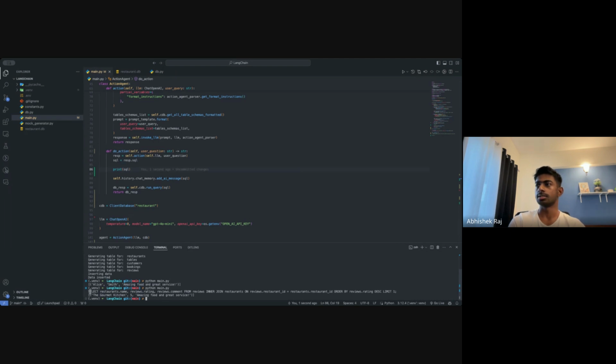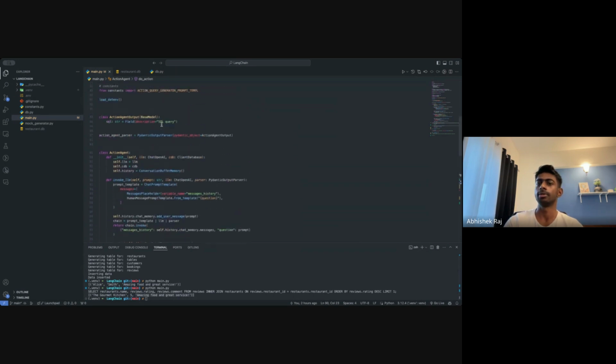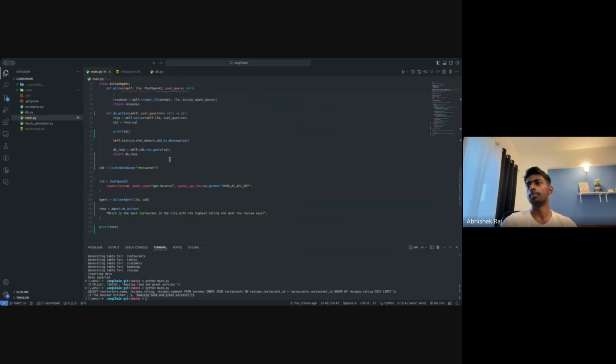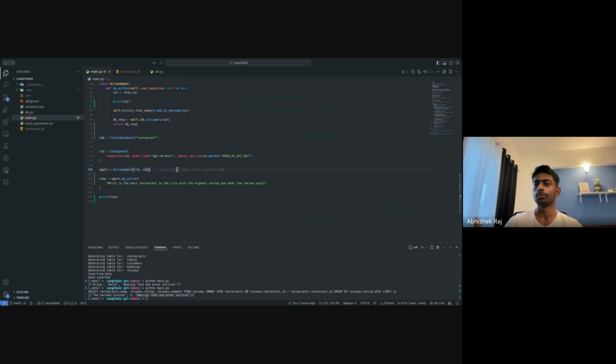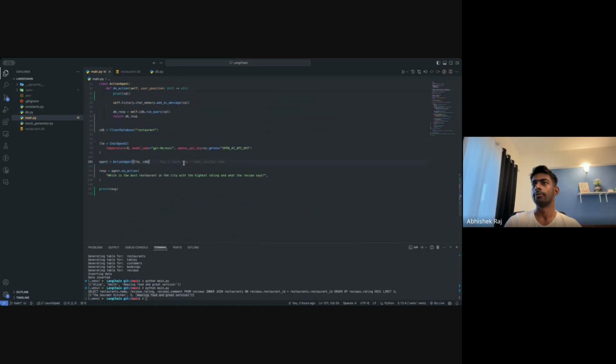Okay, so you can see this SQL query which is generated by the LLM. I think this is the restaurant name, the Gourmet Kitchen. The rating is 5, and I think this was given by Ellis Smith. So let's get into the code. I will not be live coding. I have written the code already and I'm just showing how it works, because it takes a lot of time googling to write the code and everything. So let's dive into the code directly.